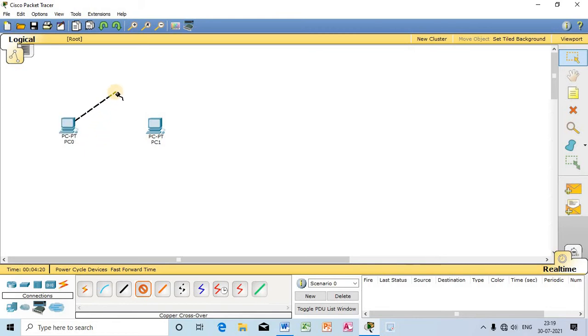So I have connected one end of this copper crosswire in the network port of PC0, and the other end I will connect at the network port of PC1. See, this is the network port, or you can say LAN port, or you can say NIC card port, Fast Ethernet 0. So I have connected both the computers using the cross cable.